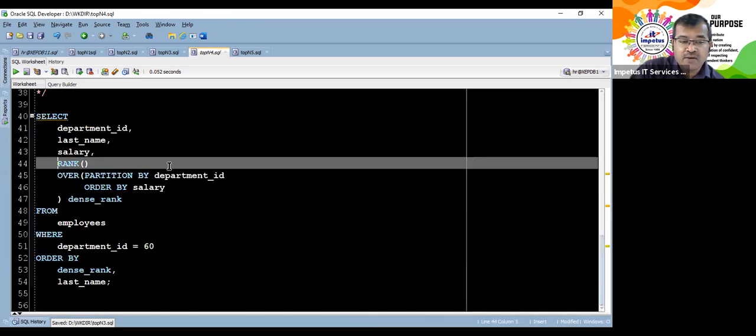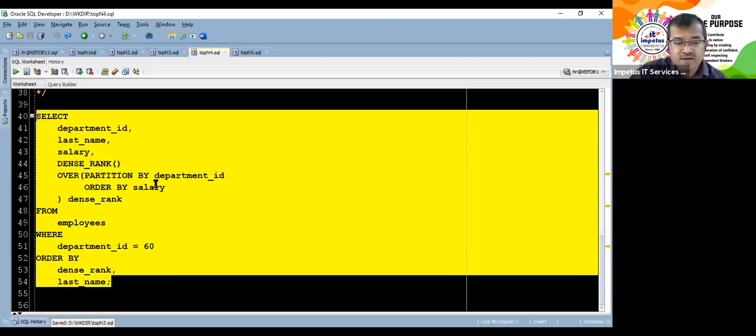Here we now have consecutive numbers. Dense rank will give you consecutive. Now, if you do the top N analysis, saying the first 5 people earning the max salary, that's okay. Not the first 5 salaries, not the top 5 salaries. For top 5 salaries you can do it any way. But first 5 people earning the top salaries, the first 5 ranks is what I would like to have. So dense rank can address this particular issue. Dense rank. Okay, we got it.